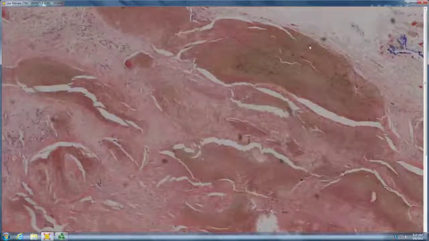Pilomatricoma because of the shadow cells. Shadow cell differentiation. Okay, you just went through and at high speed you did 90 examples of pilar tumors and you nailed every one successfully. That's exactly what you should be able to do, right? Because the pilar tumors are what we call bird book tumors. So let's go ahead and let's